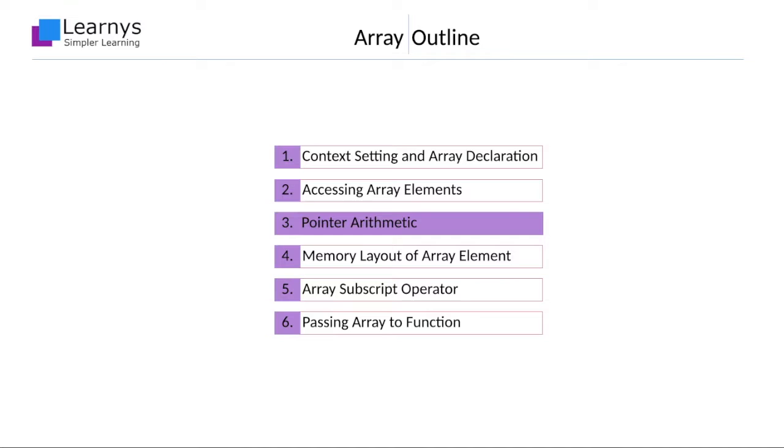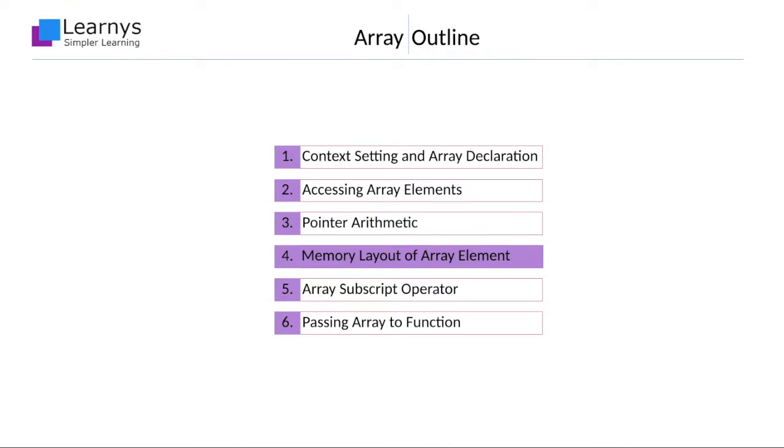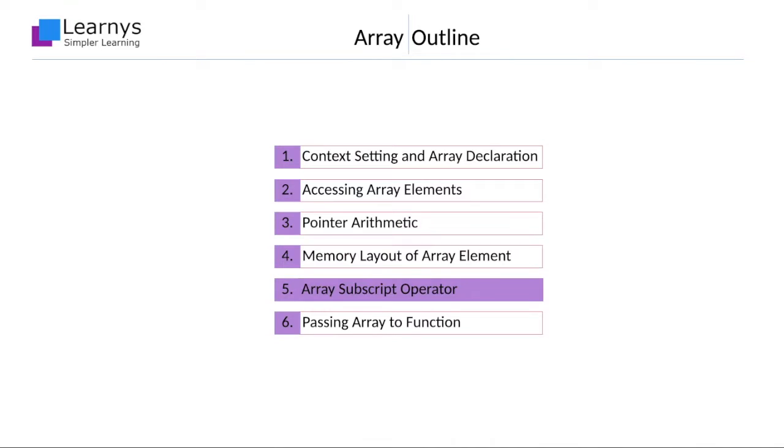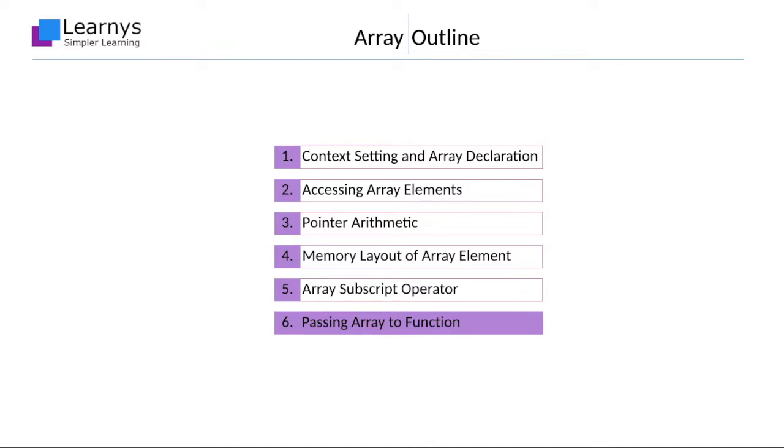The next two sections are somewhat interrelated. The first of them presents and explains the memory layout of array elements, which is essential to understand many of the array operations. The second one explains the internal working of array subscript operators. Many times we may need to pass large chunks of data to a function. This is done by packing them into an array and passing the array to the function. This mechanism is explained in the concluding section of the lesson.